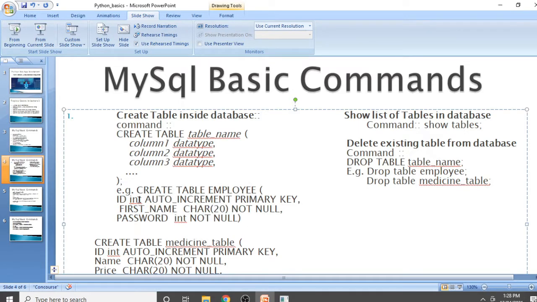So we will create that table. Let's see how to create the employee table. We have to pass create table, then employee, then the first column is id, which is integer type, and this id has the property auto increment primary key. This first line means that id is nothing but the serial number of your record. Auto increment means that whenever you add a record, it will increment automatically by 1.